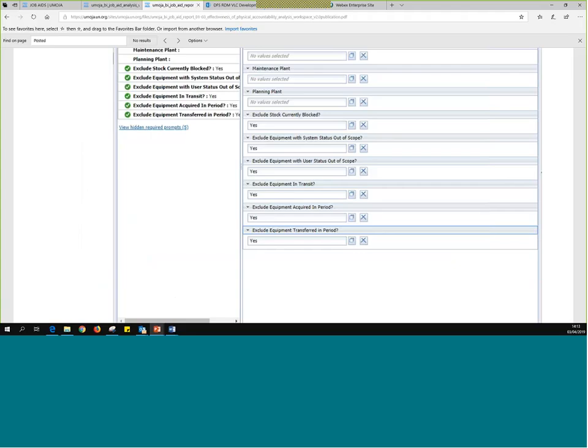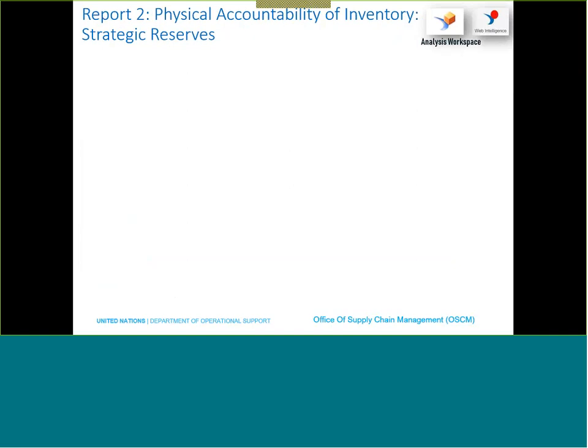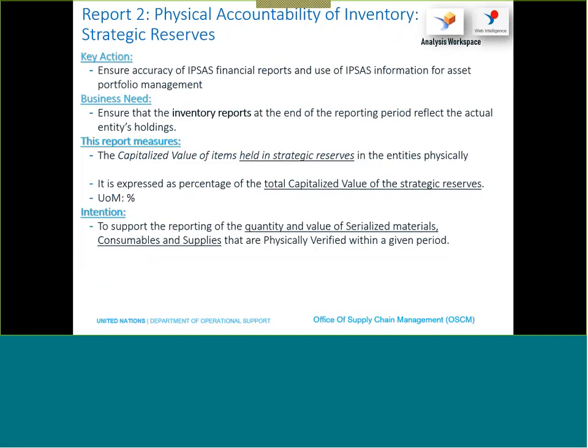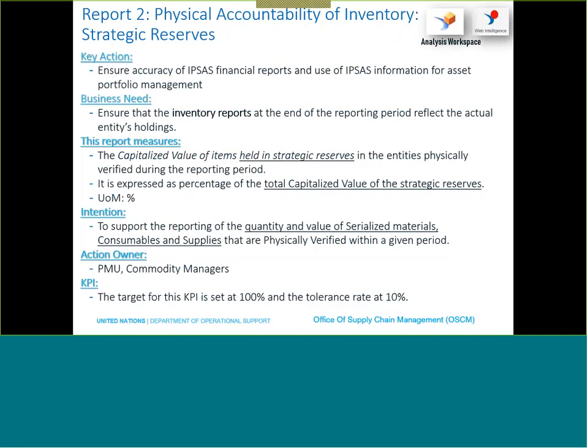and go directly to the report I'm interested in showing, because these will be quite extensive. The one I'm showing now on screen is report number 2, physical accountability of inventory, strategic reserves. What's very interesting about this one is that you will have to go back and forth with the job aid, and I'm glad that I introduced that yesterday in the importance of the job aids, because this is one